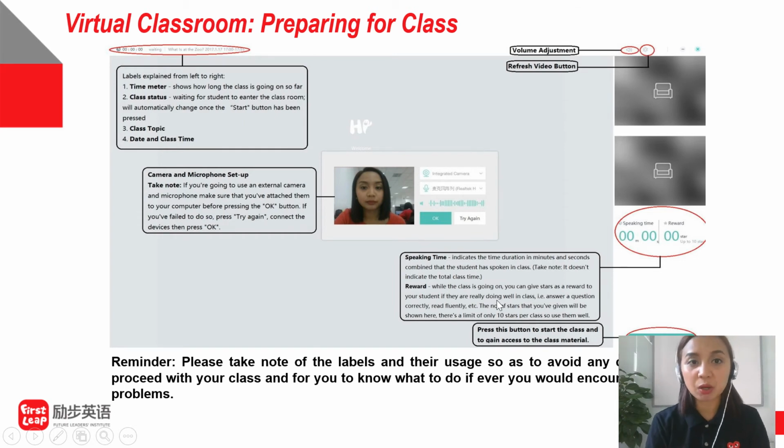While the class is going on, you can give stars as a reward to your student if they're really doing well. For example, if they were able to answer a question correctly, or if they can read fluently, you can give them stars. The number of stars that you've given will be shown here. And remember that you can only give a maximum of 10 stars for every class. So please make sure that you don't give all of them during the first part of the class, and use them wisely, okay? After installing the camera and the microphone, you can press the start button